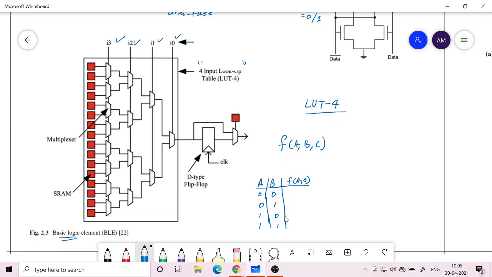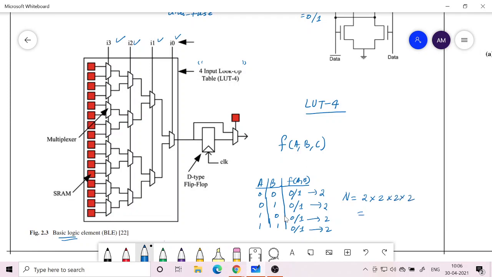That means the function implemented which depends upon A and B can have, if you write the truth table for 2 input functions, you can put either 0 or 1 here, right? You can put 0 or 1 here, you can put 0 or 1 here. These you can put in independently, irrespective of what you put in the other places. So there are 2 ways you can do this, 2 ways you can do this, 2 ways you can do this, and 2 ways you can do this. So the total number of functions that you could implement is 2 into 2 into 2 into 2.